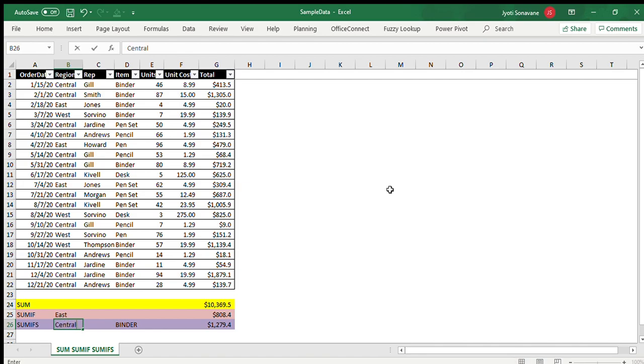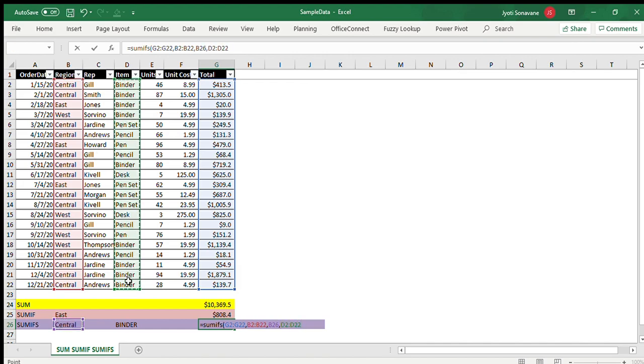Let's try this one more time with some other region. Let's apply Central. Again I am going to do it: SUMIFS, bracket open. In SUMIFS we select the sum range first, comma, then the first criteria range, which is region, and this is your criteria, comma, your criteria 2 range, comma, and criteria 2, bracket close, hit enter.